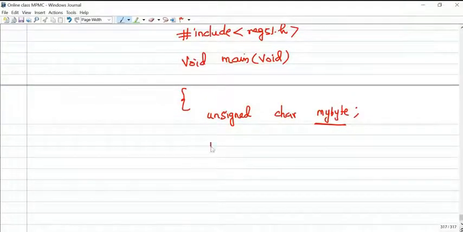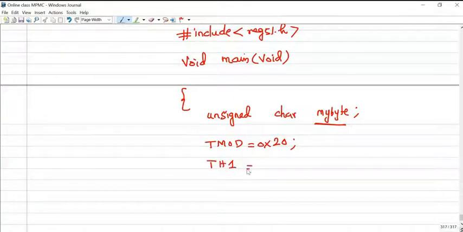Then as usual, TMOD hexadecimal 20 for timer 1 auto reload mode. TH1 to be loaded with FA for the given baud rate, 4800 baud rate, FA.